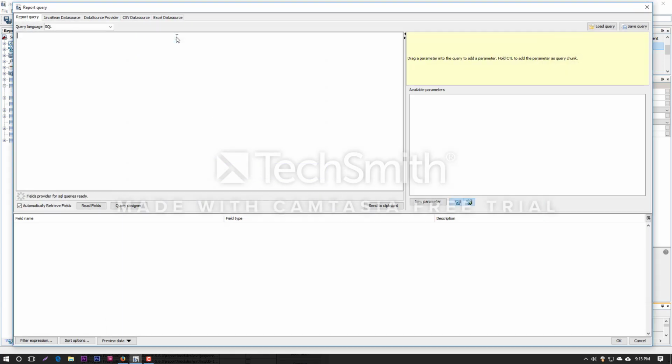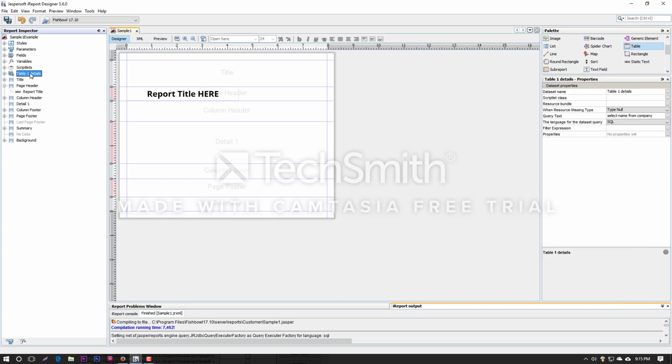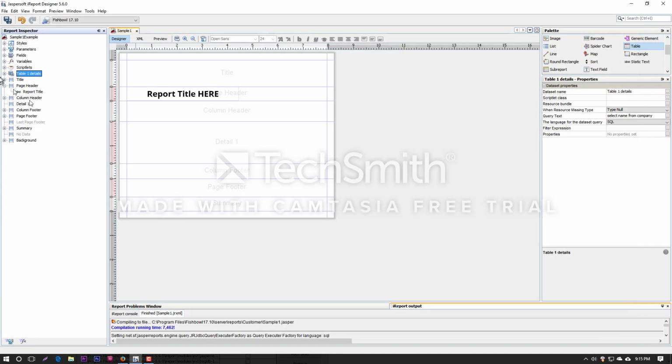I can't use this one right here, and that's why a lot of times when you open up this top one, you'll just say select name from company where ID equals 1, and they just put that in so that there's some query for the main report, and then they put their actual query they want for all the details in the table here by clicking edit query, and that's where they do the actual one they'll use. But for this video,